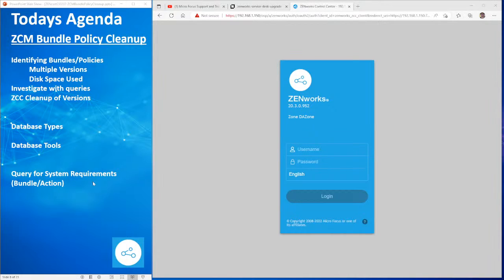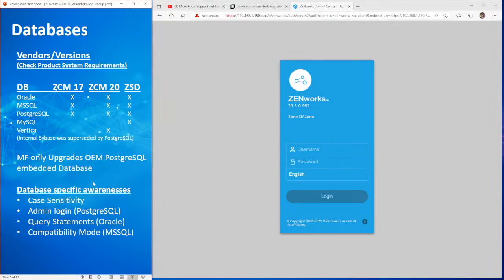All right, let's go on into today's session. Let's first talk about the databases. So in this particular case,